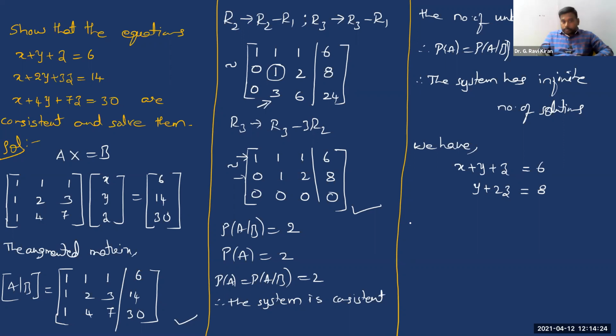So here, by choice, I'm taking Z is equal to K. This K is an arbitrary value. I mean, you can take any value for K. You can take an infinite number of values for K. Any real number is okay, right?